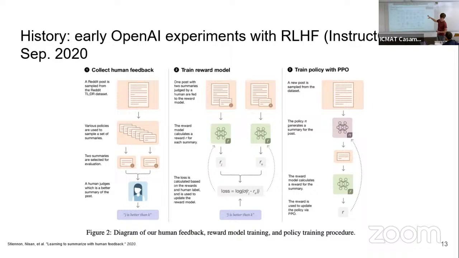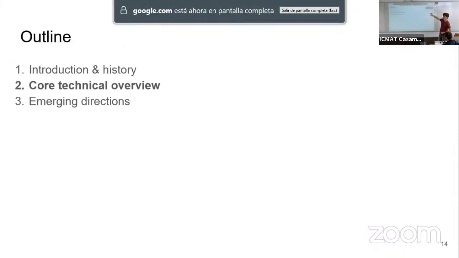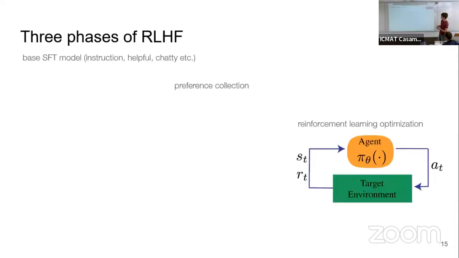The next year, OpenAI also provided a similar paper, which was already introduced in InstructGPT, which is like some kind of parent of ChatGPT. This is the diagram of the process, but I'm going to introduce it later, in a few moments. So now let's get into the details and the optimization problem that we want to solve.